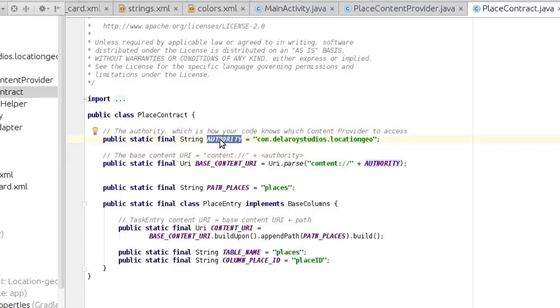So we actually use a package to handle that. We specify the base content URI, which is parsing the content scheme, concatenating it with the authority, turning it into something like an HTTP look-alike. And we have the path places, which we assign the string value of places, and the place entry class that implements the base column,